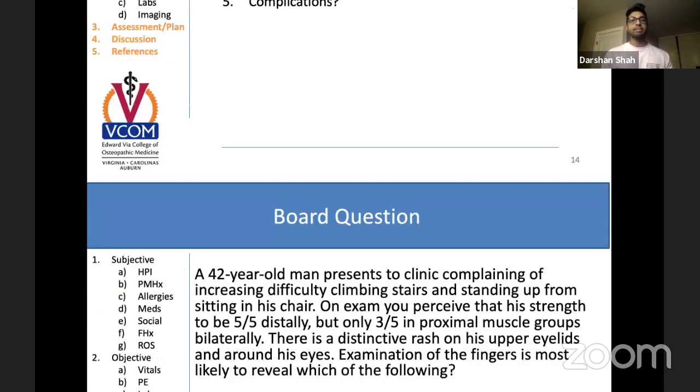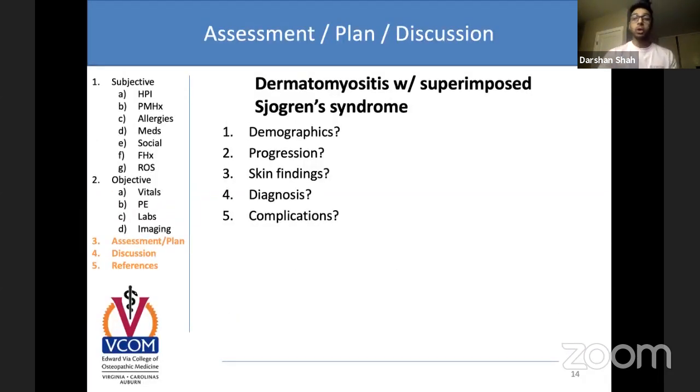All right, so let me go back. So demographics. Autoimmune diseases, we classically think of them in women around the age of 40. So middle-aged women or younger women, 20 to 40s is classically what we think. So if you're ever getting a board question and you see a rash, like a butterfly rash on the nose, and it's a 30-year-old woman, you automatically want to think lupus or something like that. So for this guy, for a gentleman to be 72 and then being diagnosed with autoimmunity, pretty rare.